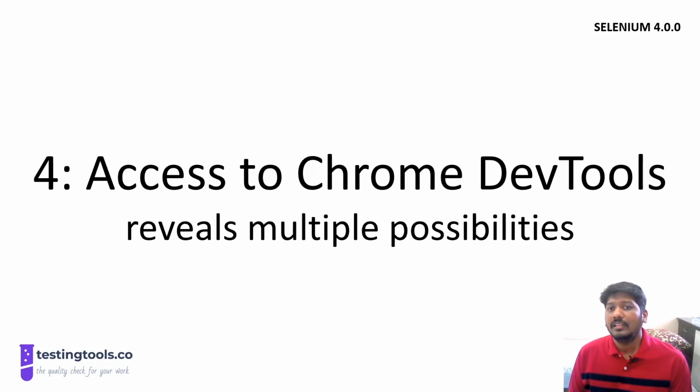So for example, in the browser, if you want to capture the performance of the various requests that are happening in the background, you will generally be able to handle those from the DevTools. But now with the introduction of this feature, you will be able to even code and access those performance related details also. Okay. And not just that, you can even access the JavaScript console that is available in your DevTools. So all these you can programmatically access and do anything that you want to do, right? So this is a bidirectional API. This can be revolutionizing if it is approved by all the browser vendors. Let's wait and watch for more.